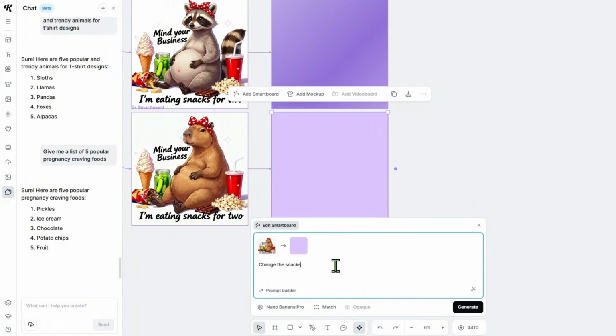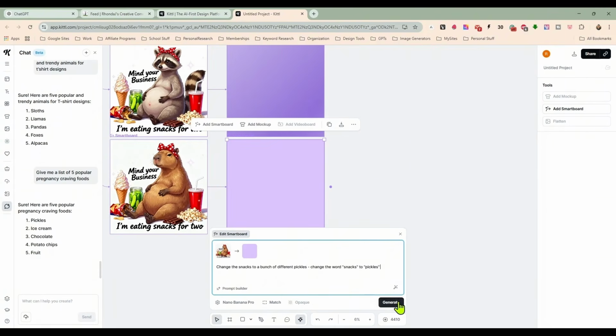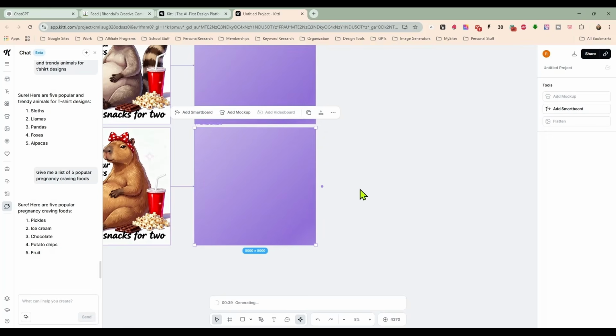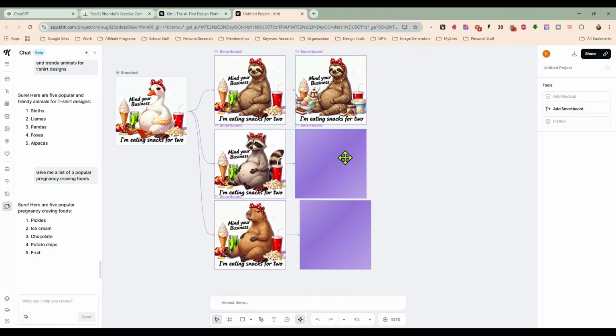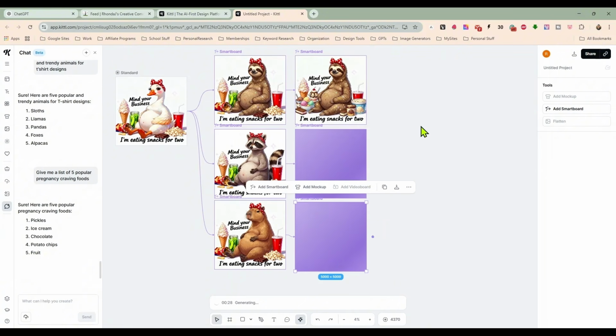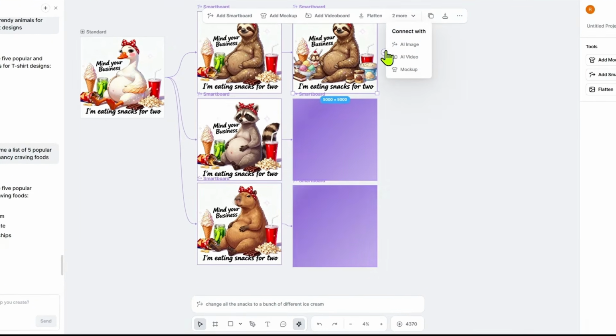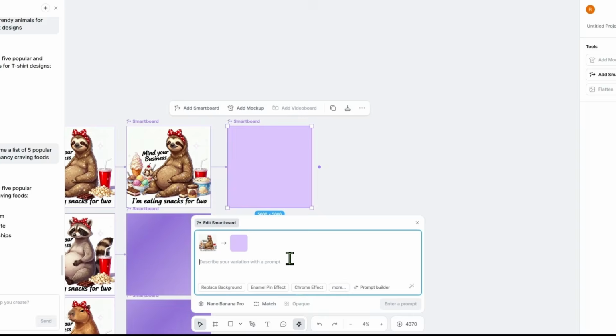Change the snacks to a bunch of different pickles. Change the word snacks to pickles. All right, and we'll go there. Pickles is always a very popular pregnancy craving. And then we did chocolate here. And you could do different foods. I am going to just change this, change the word snacks to